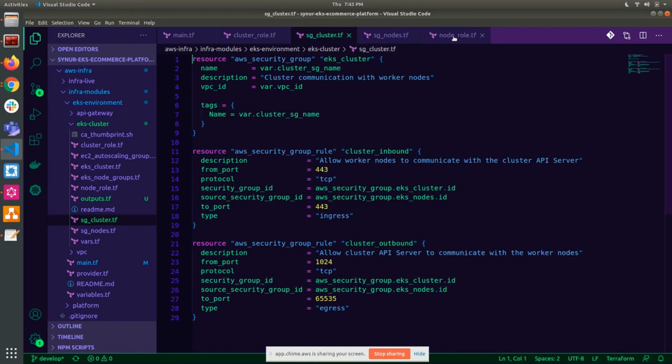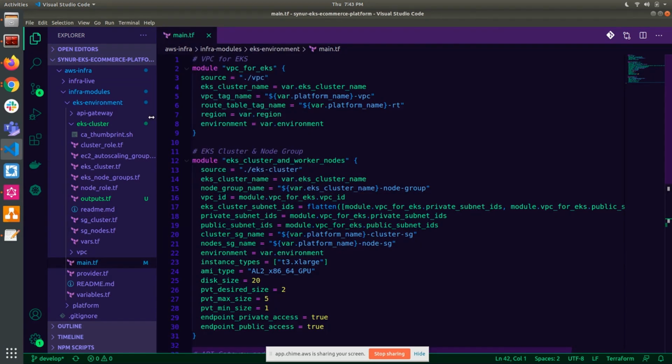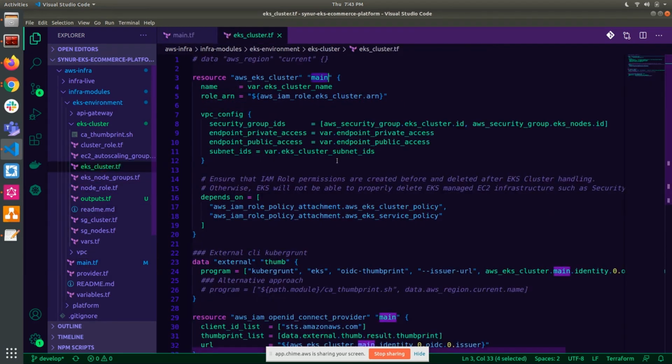And with regards to the security groups, it's very similar as well. You can find the relevant information for the traffic that will be required for the security groups for both the cluster as well as the nodes. Okay, and then once you've set that up, the next step would essentially be to create your cluster.